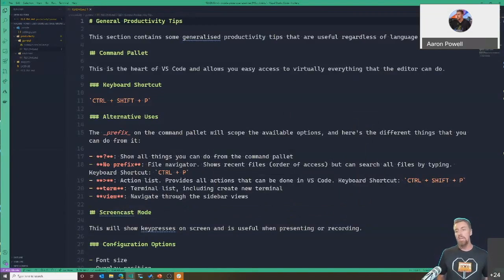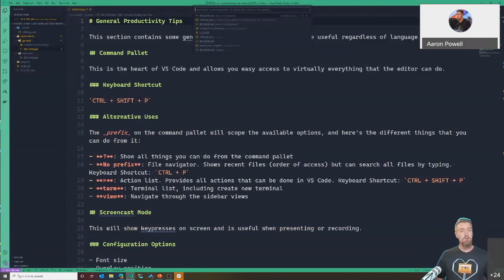The first thing, and if there is nothing else that you take away from this talk, is the shortcut key of Control P, or if you're on Mac, Command P. Now I'm on Windows, so I will be using the Windows shortcuts, which are control based, but anywhere that I'm using control, you can replace with command on a Mac keyboard layout. So Control P brings up our command palette.